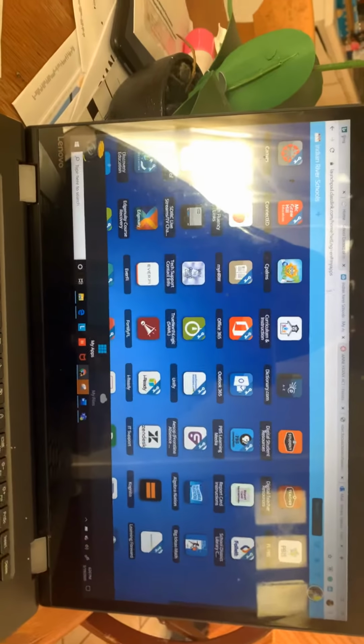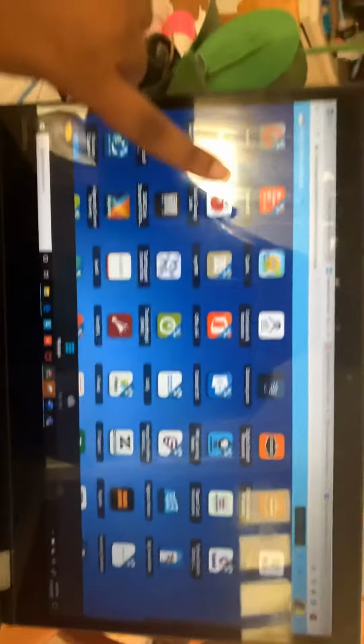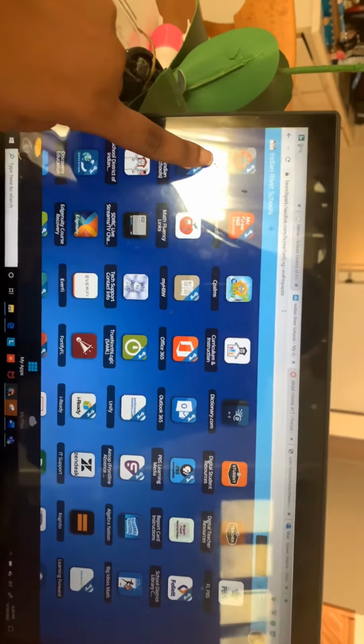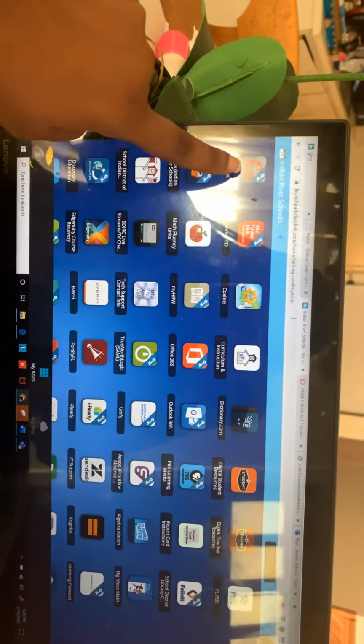I'm going to turn my camera around, and I want everybody to look at your Canvas account. And if you don't know where Canvas is, remember it's that little gray box with a red circle on it. It's called Canvas. So you're going to press that box on your laptop. And excuse the lighting in the background, but let me get to it here. There we go.